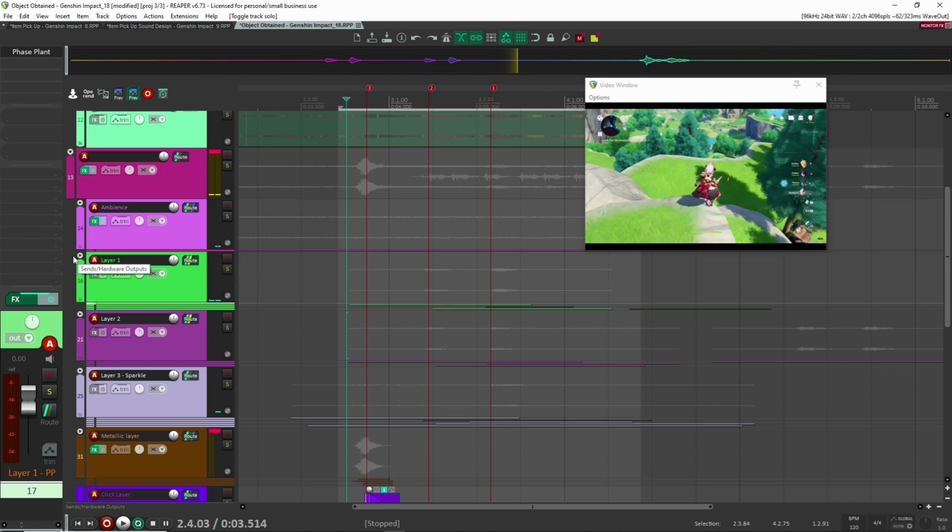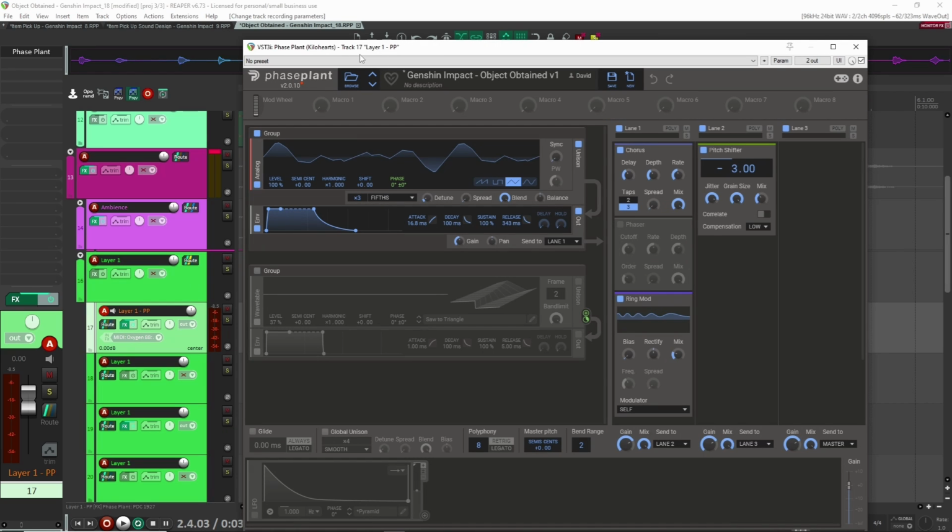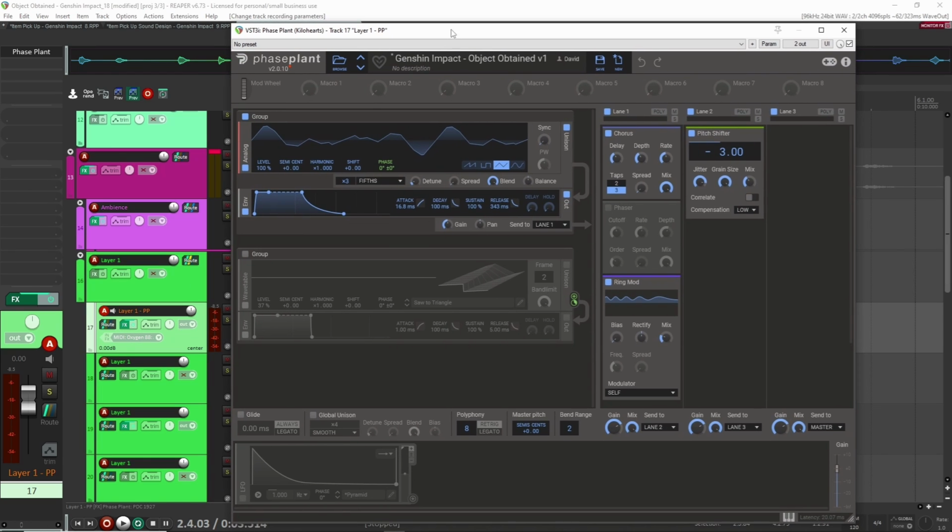So let's have a look at how I created that. All right, so let's have a look at this patch here. This is the patch inside of Faceplant that I created for the tonal sound. There's kind of two layers to this sound. There's this lower layer, and this is what we're going to cover first, and then there's going to be an upper layer. So for this lower layer, all I had here was an analog synth and a triangle